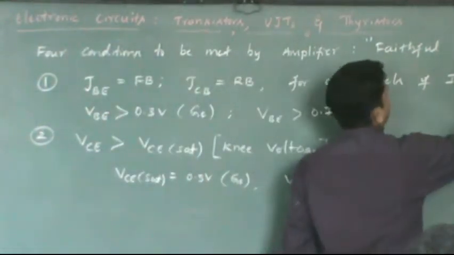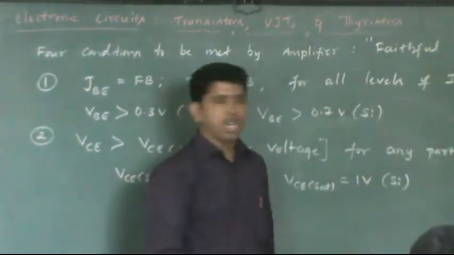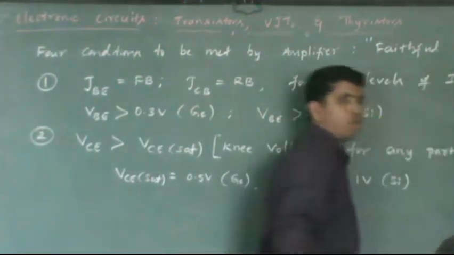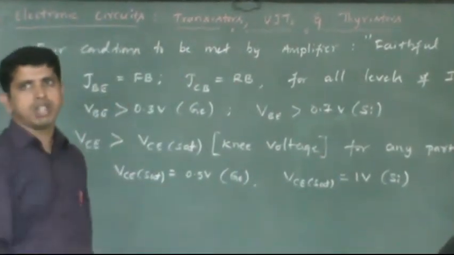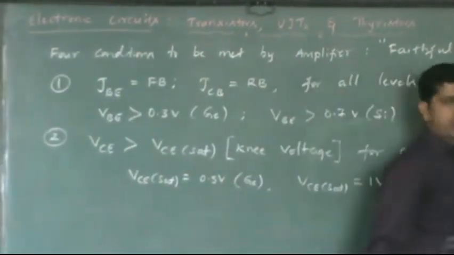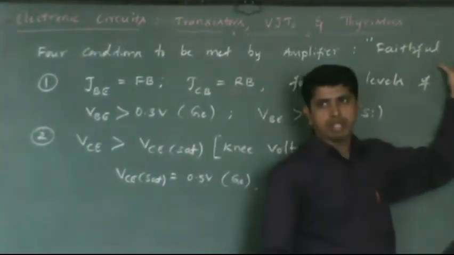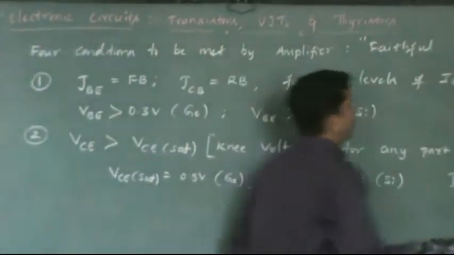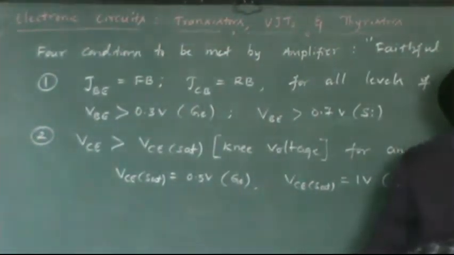An exact replica. Suppose I apply a sine wave as input, maybe 50 millivolts peak to peak. I want an exact replica with larger strength, like 1 volt peak. A circuit which generates the same as the input but with larger strength, such an amplification is called faithful amplification, without distortion. There should not be any distortion. Normally, some amplifiers will produce distortion. This is the kind of distortion which will happen.